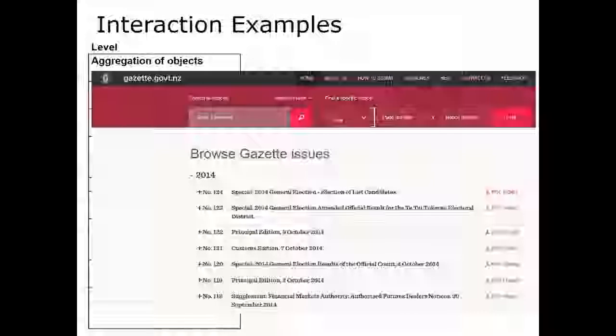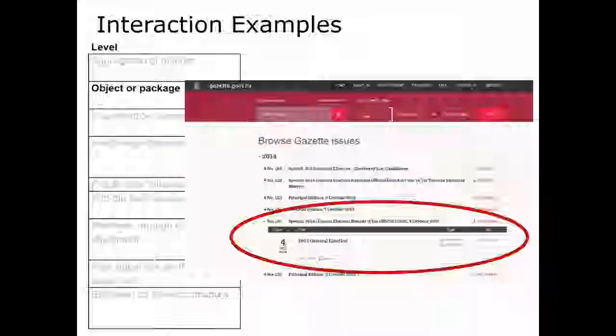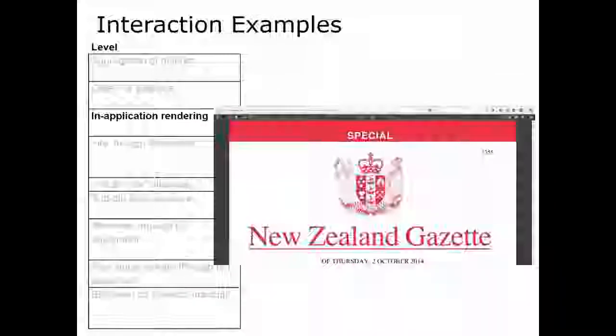So just to illustrate this a bit, these are an example from materials that the National Library of New Zealand talked with me about a number of years ago, these gazettes that the government produces. So at the highest level of aggregation, you might just want to show some coherent arrangement of what series and numbers and items they were a part of, like this was an issue of the Gazette. But you could drill down into the level of an item that has associated metadata with it, right? So it's an object that's not just a bit stream, but it's also not at that full aggregate level. You might be concerned about the in-application rendering, so how things are,